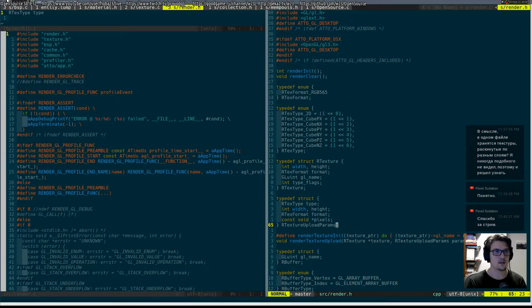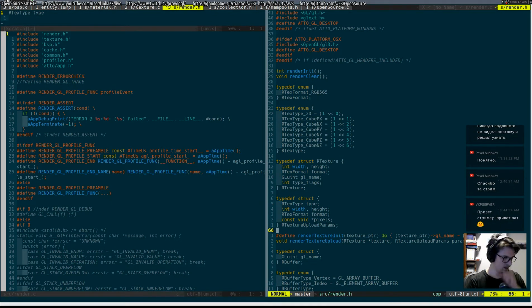So yeah, fixing things. Fixing the light map. How to do this? How to do this properly? First of all,